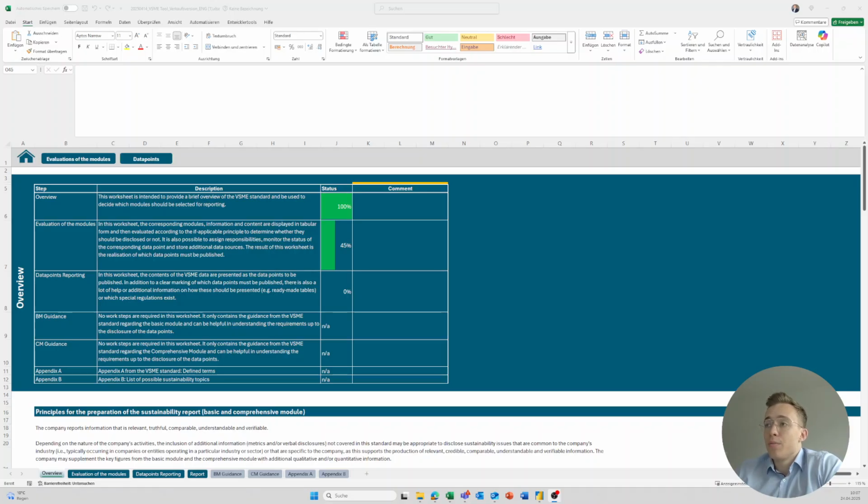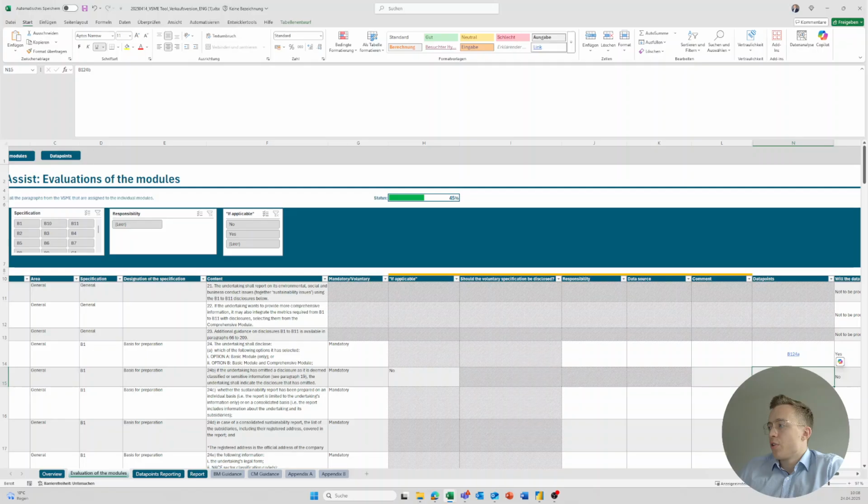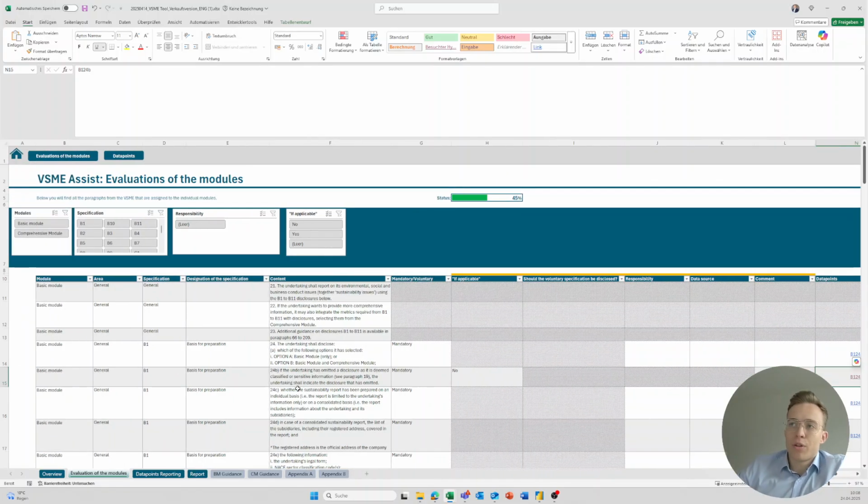One important aspect you need to decide here is if you want to work with the basic module or if you want to work with the basic module and the comprehensive module. Once you have decided which module you want to further pursue, in the next sheet, we have gathered all the content from the VSME, all data points, all information that needs to be disclosed. We